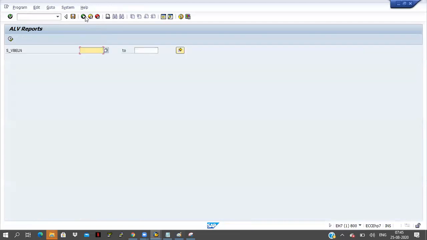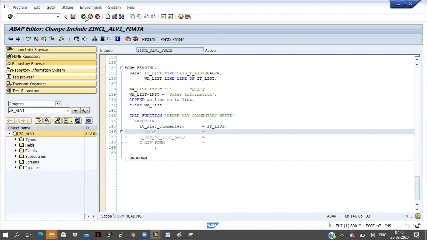If you apply list display, then logos are not possible there. Only data is possible through list display.